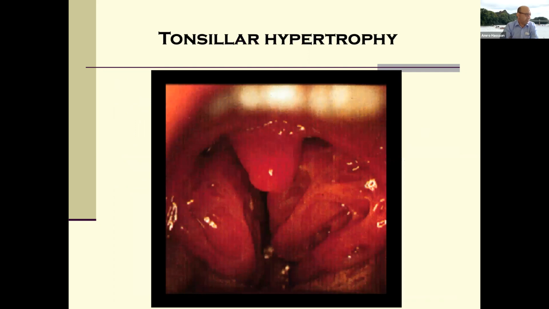This is tonsillar hypertrophy. This person here has grade 4 tonsils. The tonsil grading is really simple. If it's a grade 1, you can't really see the tonsils coming out of the pillars. Grade 2, yep, they're over the edge of the pillars. Grade 3, they're getting really close to the uvula. Grade 4, they are almost meeting behind the uvula. And kissing tonsils is where the tonsils touch each other. This is a grade 4, almost kissing.